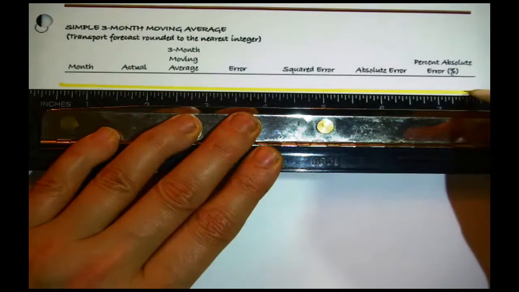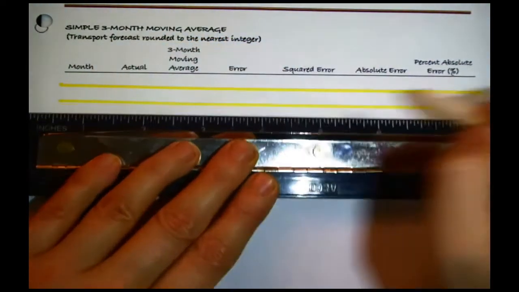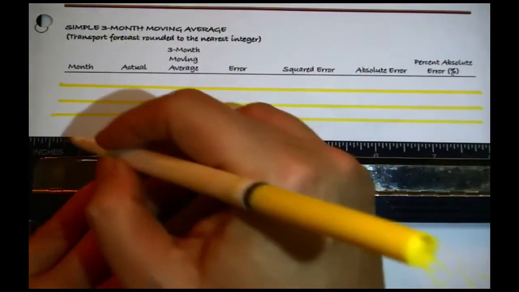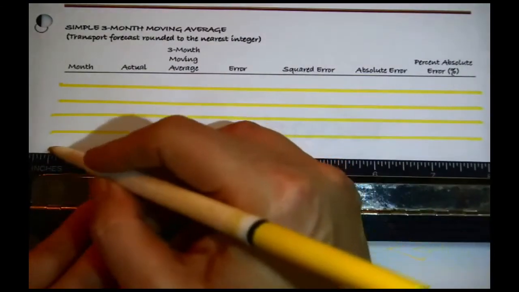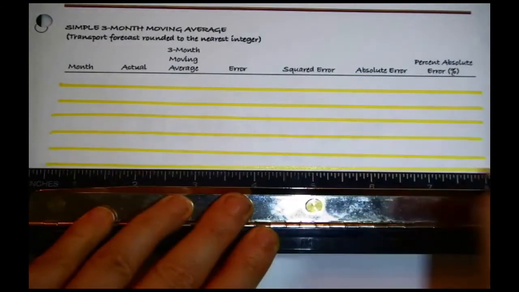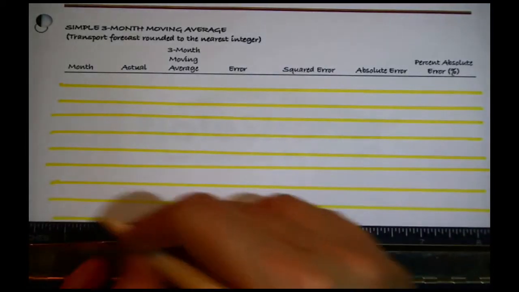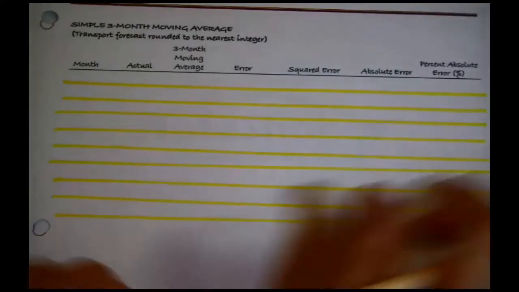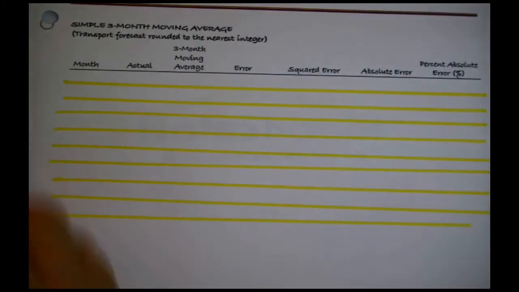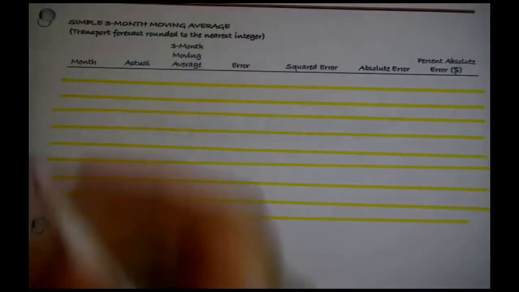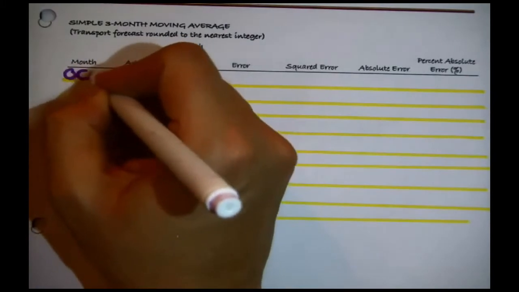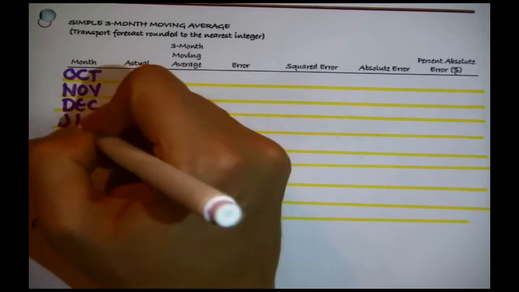So I'm going to make myself a grid with 9 lines. 1, 2, 3, 4, 5, 6, 7, 8, 9, because that's the span of time that I'm working with. The months we can see right here, and actually the actuals we can see right here. So just for convenience, I'm going to copy them over. Okay, our months are October, November, December, January,